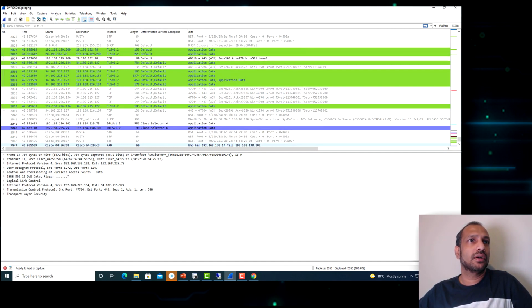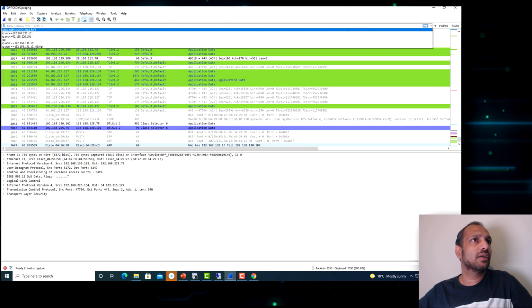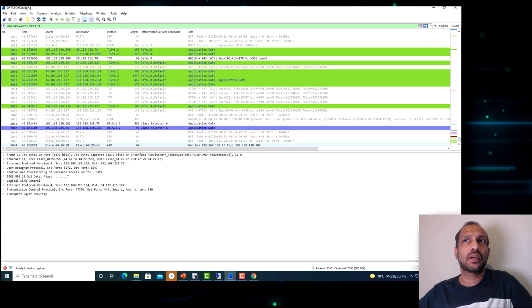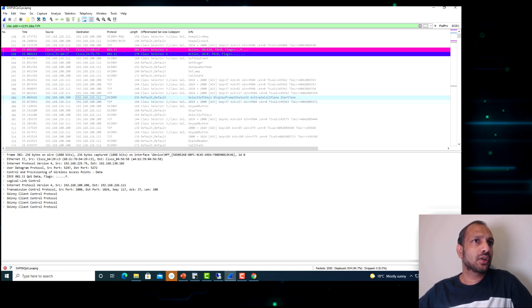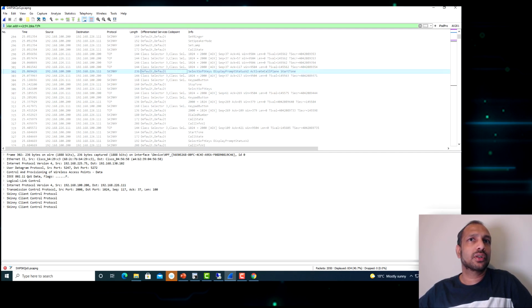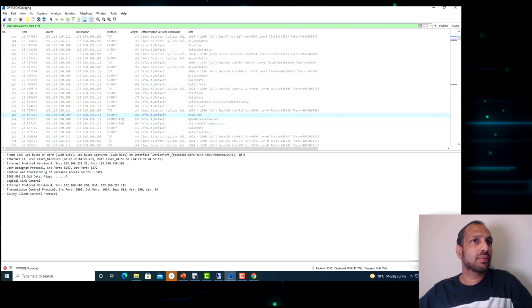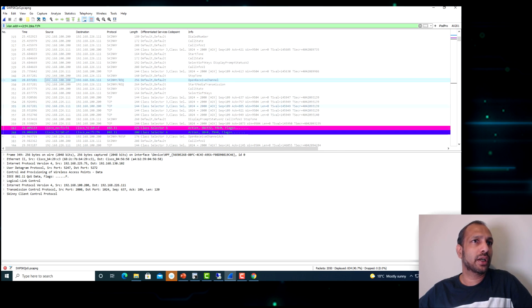The problem we saw last time was when the traffic came to the switch side. So let me see whether I can filter one MAC address here, like that handset. You can see here this is the traffic from the call manager to the phone, and phone to the call manager. On the call manager side, it looks like these are some phone services with the default category, but let me see whether everything is default. Yeah, looks like default, even the request messages, QoS marking is default.